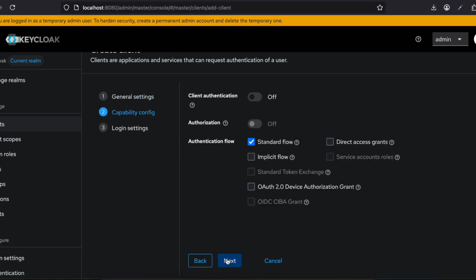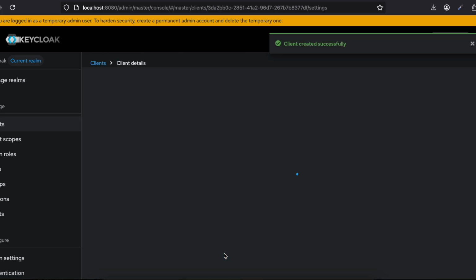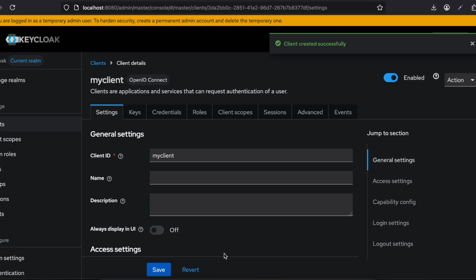I'll click on next. Then I'll click on direct access grants, and I'll also enable client authentication. Click on next. If you want, you can give URLs as well. I'm not giving that. I'll just click on save, because I will be calling these REST APIs from Postman, so it is not really required for me. Okay, once this is done,